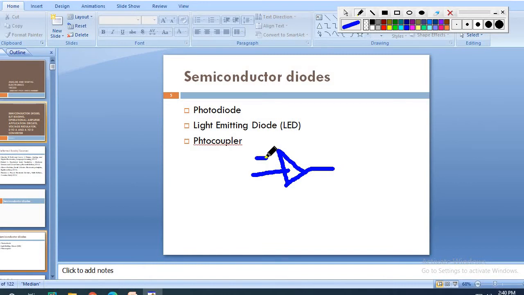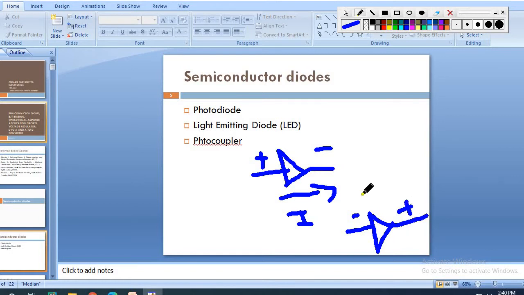So this is the diode. When it is in forward bias condition, the polarity looks like this. This acts as the anode and this is the cathode, and current flows in this direction. That you should remember. And if it is in reverse bias condition, how does the diode look? It will be like this. The polarity will be changed, so current will be in the opposite direction. Like that, the diode concept will work, and mainly this reverse bias condition